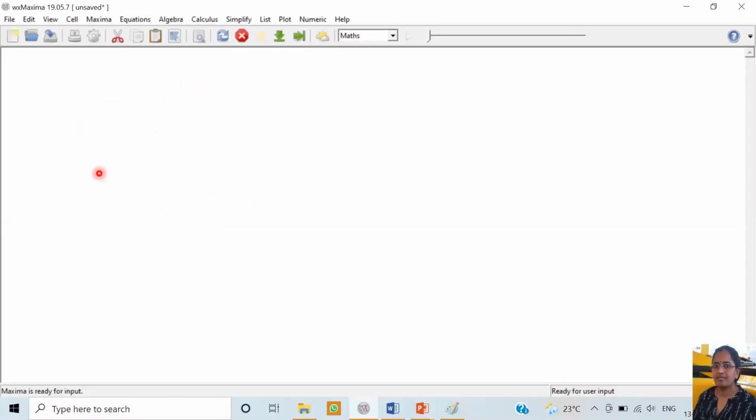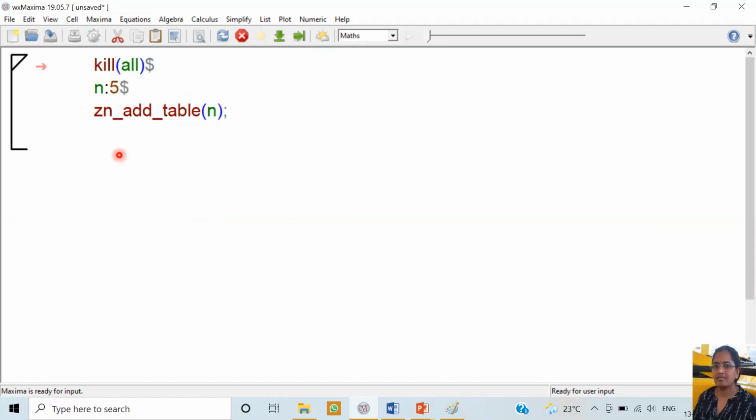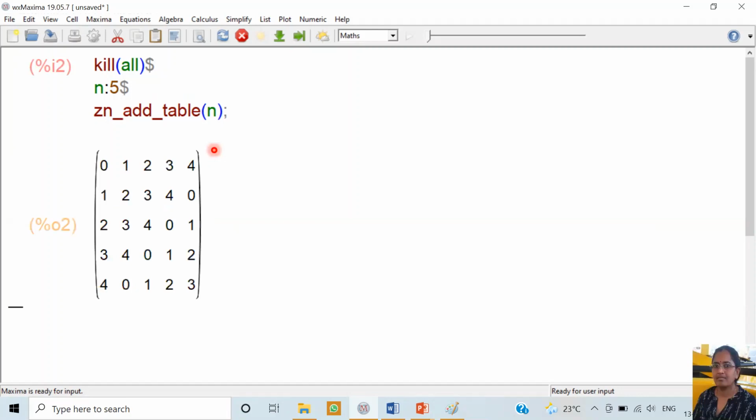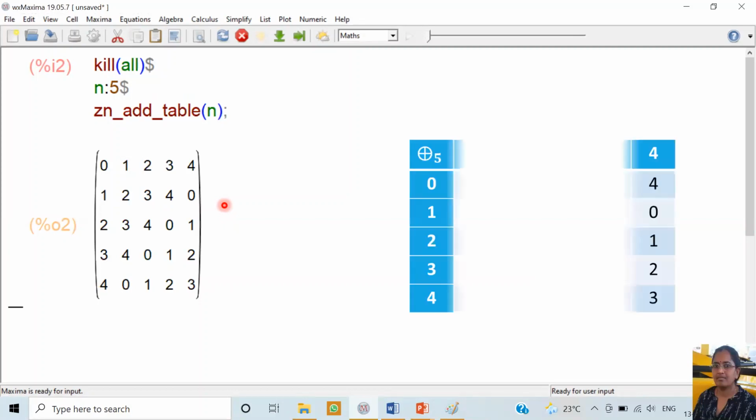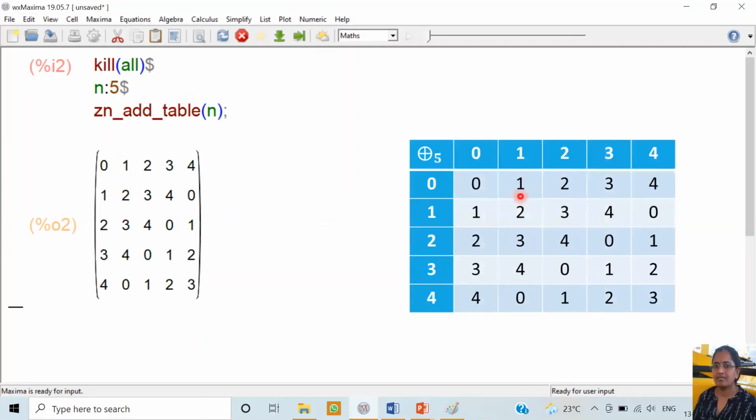Put down the command here, that is the Maxima code. Let us execute this. On execution, we get the table which contains the elements of Z5 after the operation using addition modulo 5, the same table we obtained on constructing manually.